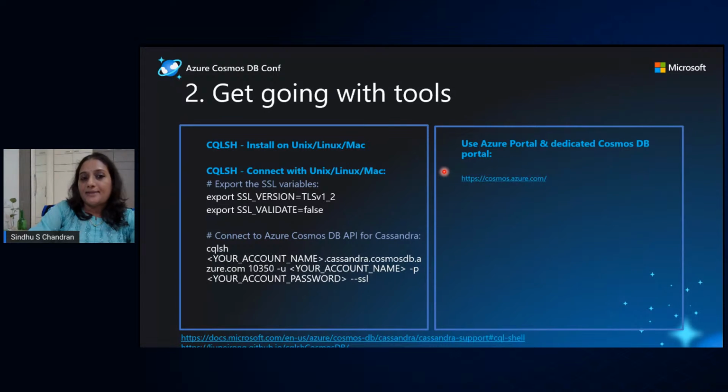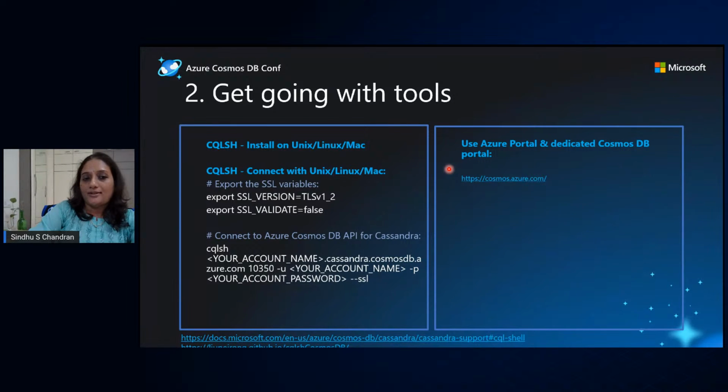And the next step would be to get going with the tooling. Here again, when you were on-prem, probably CQL just came along and you might not have really bothered setting this up. And currently the Azure Portal does not really provide the complete CQL tooling on the portal.